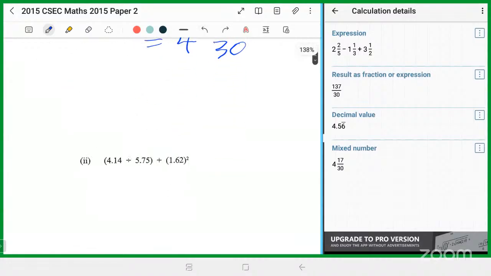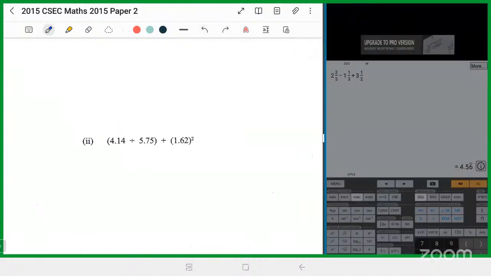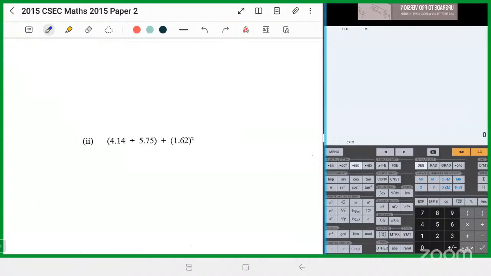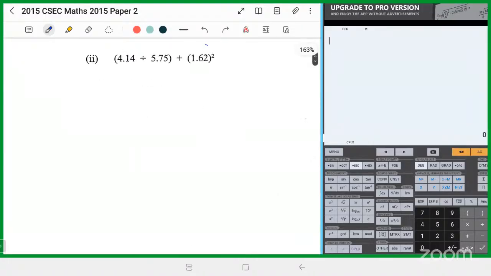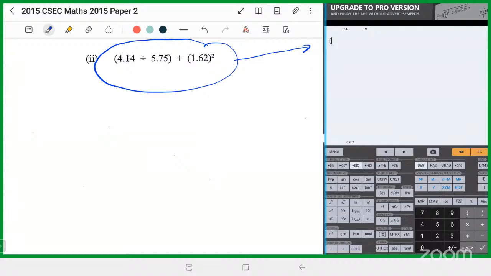All right, next part, same thing for this calculator again. Going back to the calculator, I'm just going to put it in again exactly as it appears there. So it's an open bracket, 4.14, divided by 5.75, close bracket, and we're adding 1.62 squared. And that is